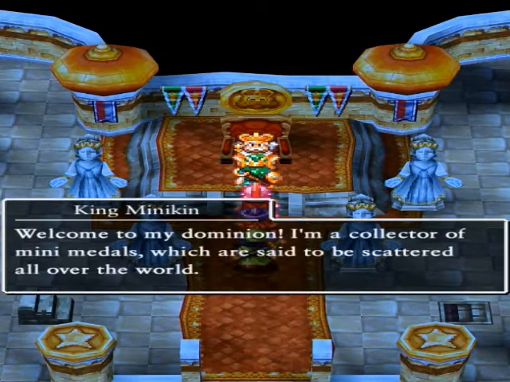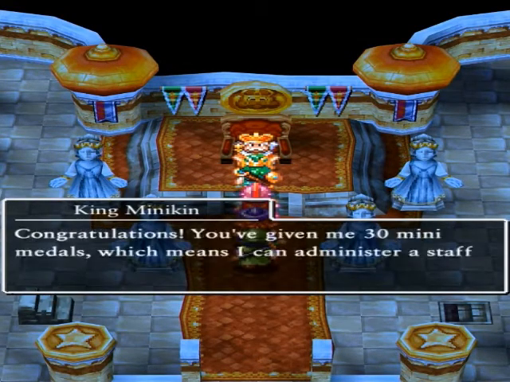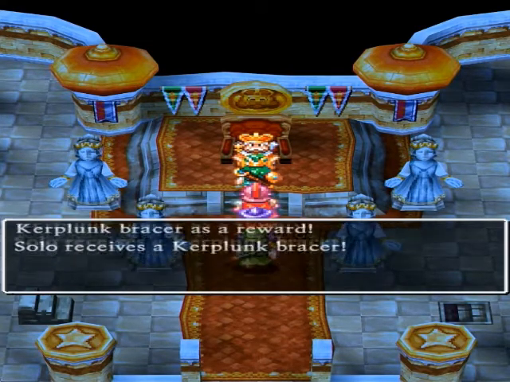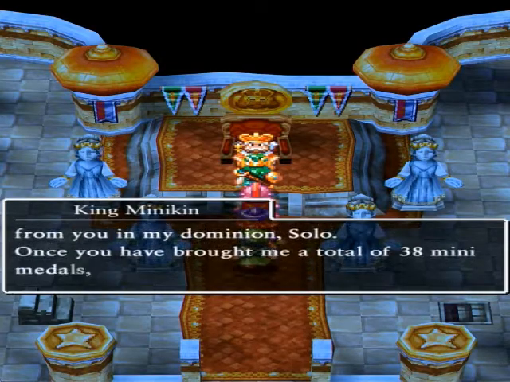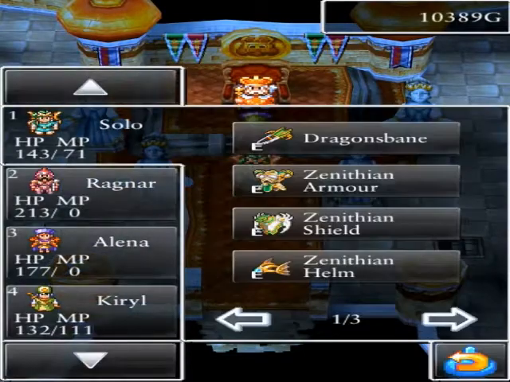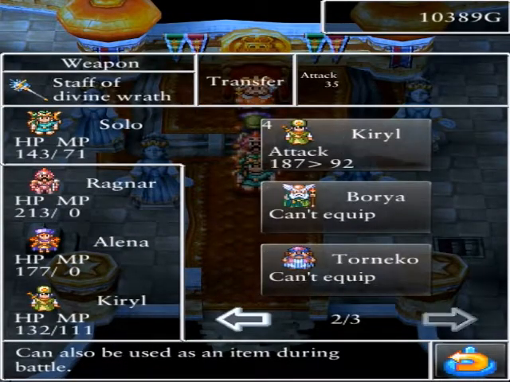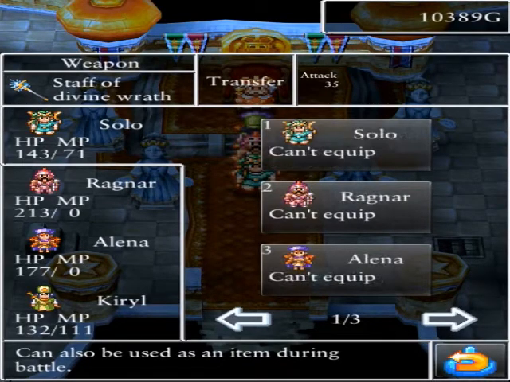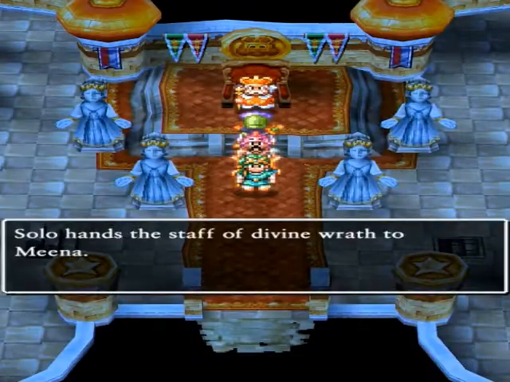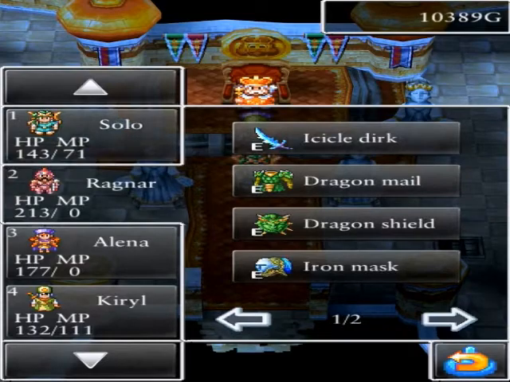Hello, Minikin. And now we get the Staff of Divine Wrath, which isn't that good. And then we get a Kerplunk Bracer, which isn't that good. Now we need to bring 38 to get the Sword of Miracles, which is pretty good. Alright, so Staff of Divine Wrath, let's give it to Mina. I won't equip that, though. And the Kerplunk Bracers